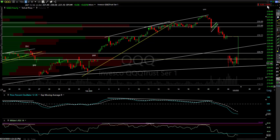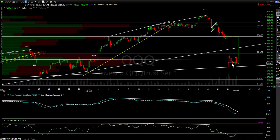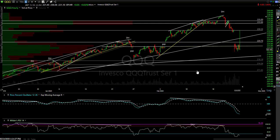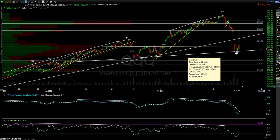You remember, when you're down almost 4% on the day, you're going to have big intraday swings. You can see the size of these candles. You don't see those back here when you're in a typical upward move. Usually you get that expanded volatility. And so basically that's it. I added one more trend line right here. It's a minor uptrend line. I'm not putting a lot of weighting into it because there's not too many reactions,